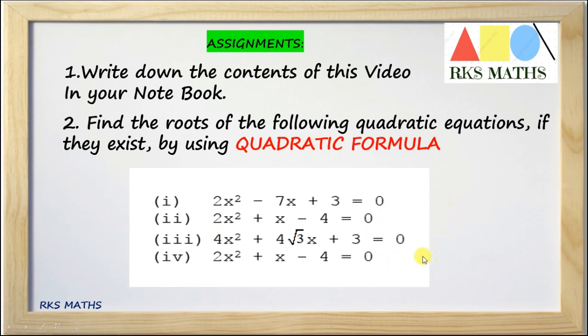Students, I have not given here the solutions of all these 4 parts. Why? Because whenever you obtain the roots of a given quadratic equation, you can check your calculation, you can check whether you have calculated the right roots or not. How? As I told you earlier, you have to put those roots in the quadratic equation in place of x, and if LHS is equal to RHS, that indicates that you have calculated the correct roots.